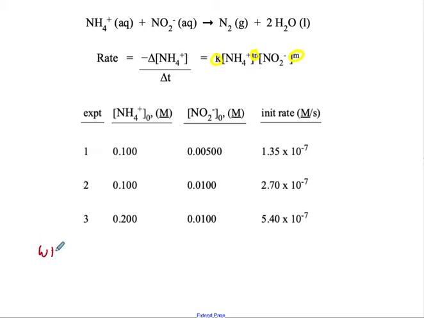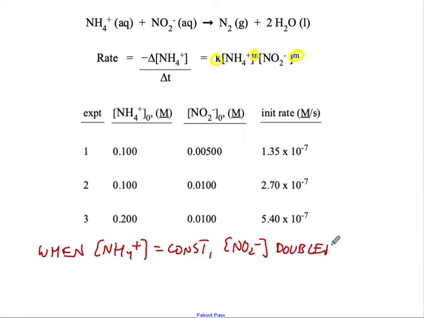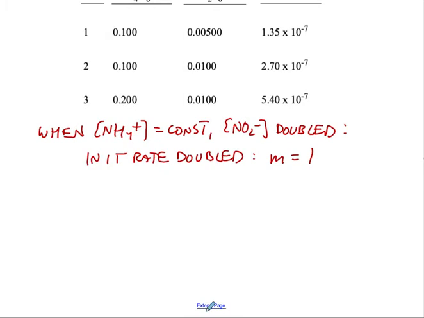So, when the initial concentration of NH4+ is constant, and the concentration of NO2- doubled, what happened to the initial rate? The initial rate also doubled. That allows us to deduce that the order with respect to nitrite, M, is equal to 1. If increasing the initial concentration of one reactant by a certain factor while the other is held constant causes the initial rate to increase by the same factor, the rate is directly proportional to the concentration, and therefore the order is 1. Now, comparing experiments 2 and 3,